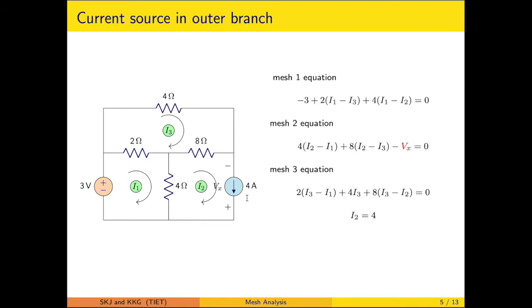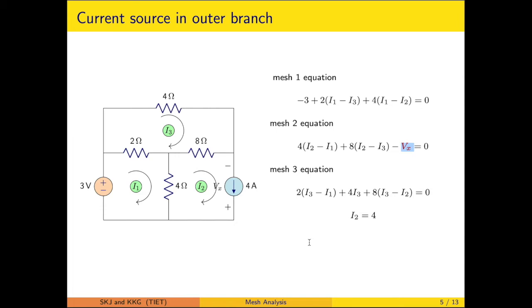Now the fourth equation is I2, which is exactly equal to this current source. In this, Vx, which is an intermediate variable, arises. So ultimately we will be dealing with four equations to calculate the four unknowns I1, I2, I3 and Vx. However, the I2 value is known deterministically, so we will be solving for I1, I3 and Vx.